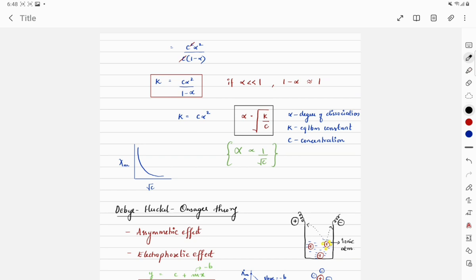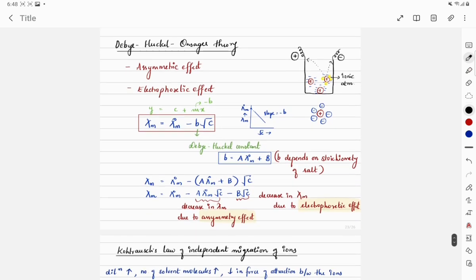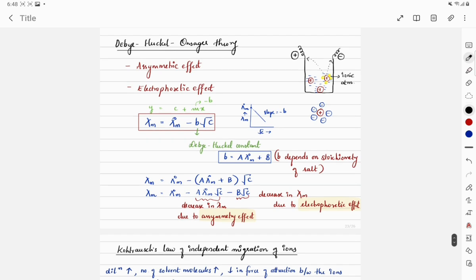In case of strong electrolytes, that is in Debye-Huckel-Onsager theory, we learned there were two mainly contributing effects, which were the asymmetric effect and the electrophoretic effect. And the equation was lambda m equal to lambda 0 m minus b root c. Here lambda 0 m is molar conductivity at infinite dilution. We also see a linear relationship between lambda m and root c from this equation,